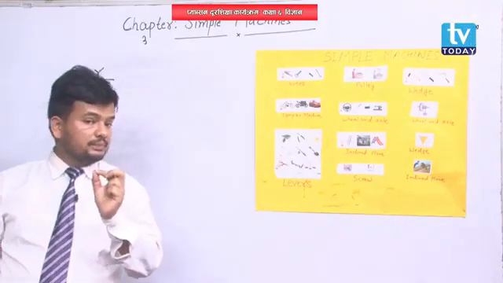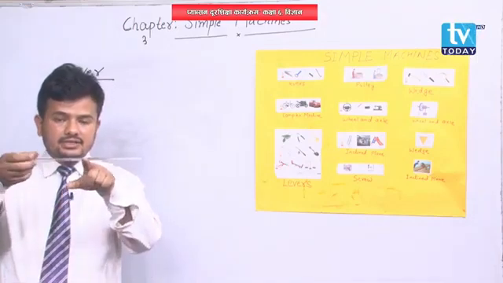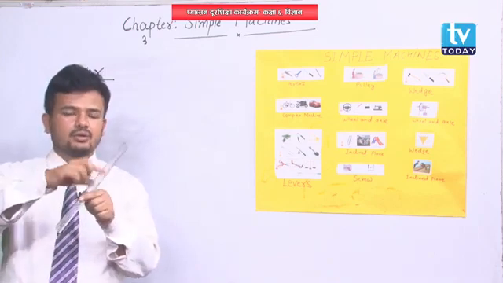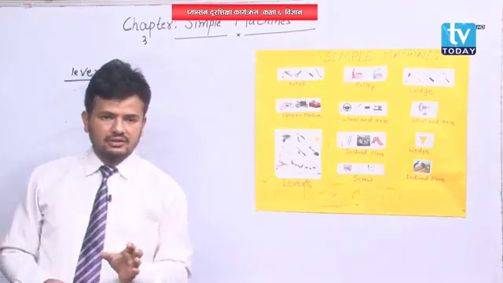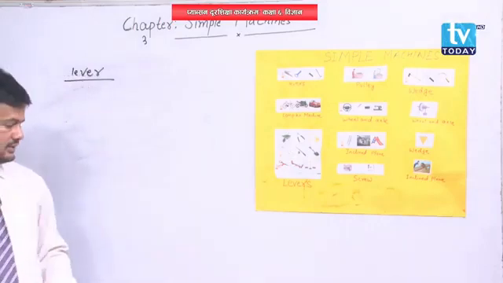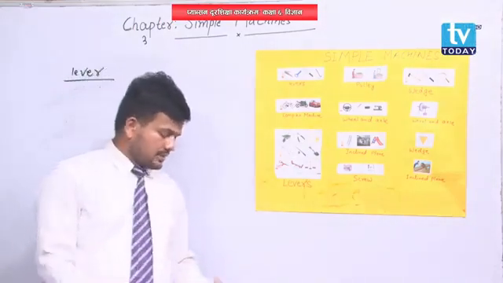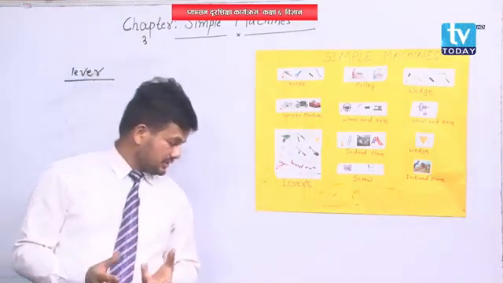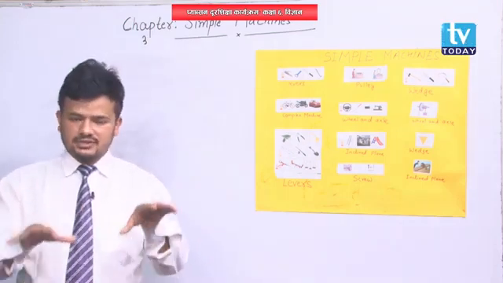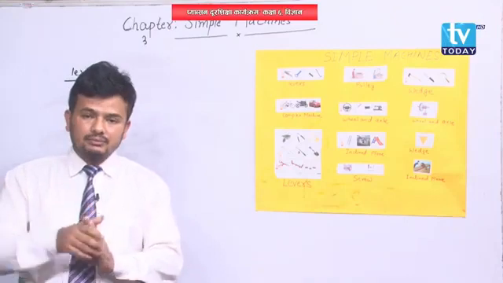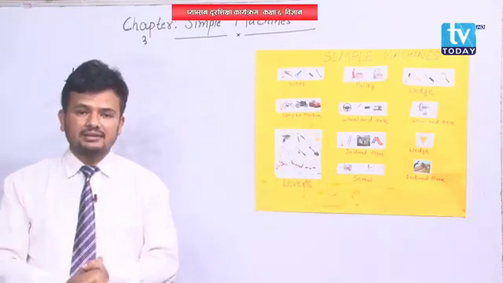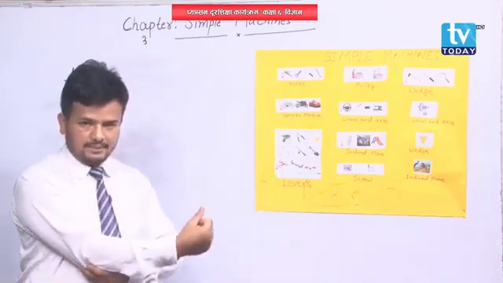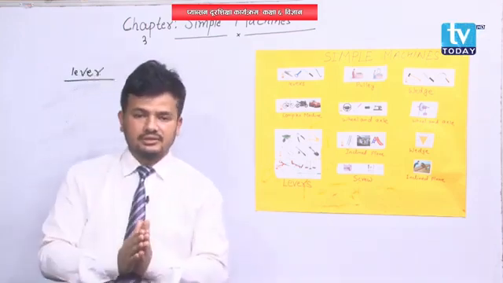And what I told about the principle of lever: in the balance condition of the lever, the product of effort and effort distance is always equal to load and load distance. Okay, that is called the principle of lever. Don't forget that. So what are the examples of lever? You can see a crowbar, a scissor, stapler, seesaw. Seesaw is also an example of lever. Then bottle opener, nut cracker, fishing rod. The human forearm is also a lever. Clear about the lever? Okay, very good.